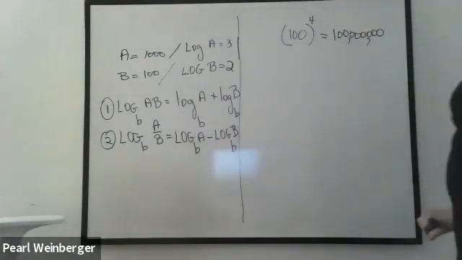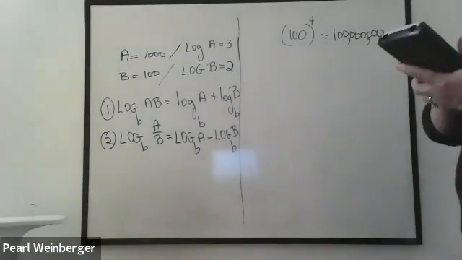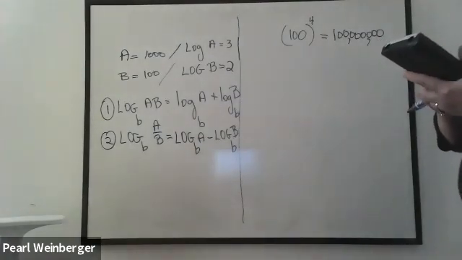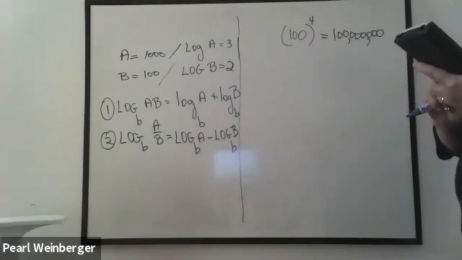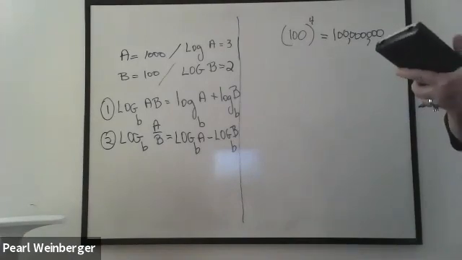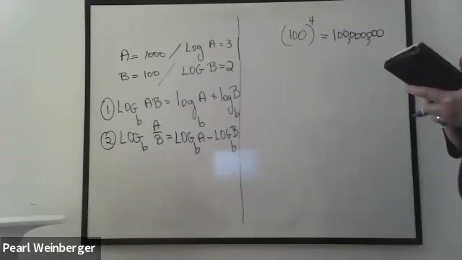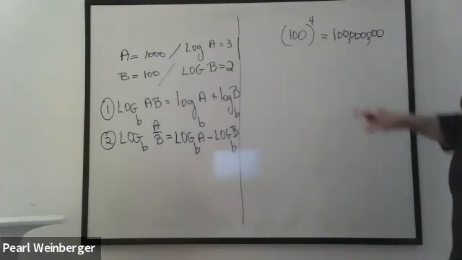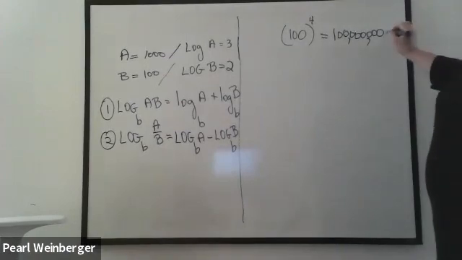Which gives me 100 million. Just checking this on my calculator, making sure I did this correctly. One, two, three, four, right. It's 100 million, which we could write